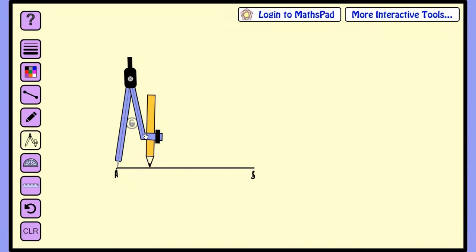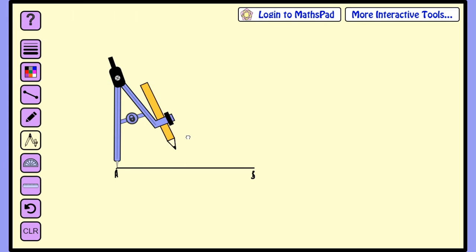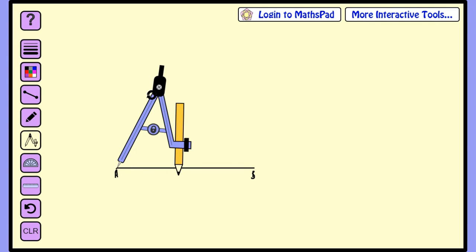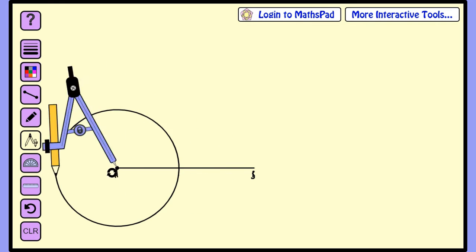Just drag your compass to the point where you need to mark. After that, take the required measurement or the radius. After that, you can just lock it. So now it can't move anymore. For making the pencil draw, you are able to see that this changes the icon. Just click on it and rotate your pencil.